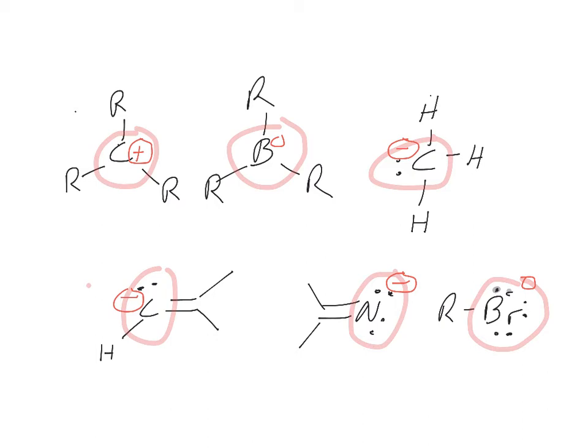But I also want you to be able to look at it and say, oh, that's a carbon with 3 bonds and not a lone pair. That carbon's electron deficient. Be able to look at it and think about how many bonds it normally wants. Is that different? What else is going on? What other factors are in play there? So let's talk about